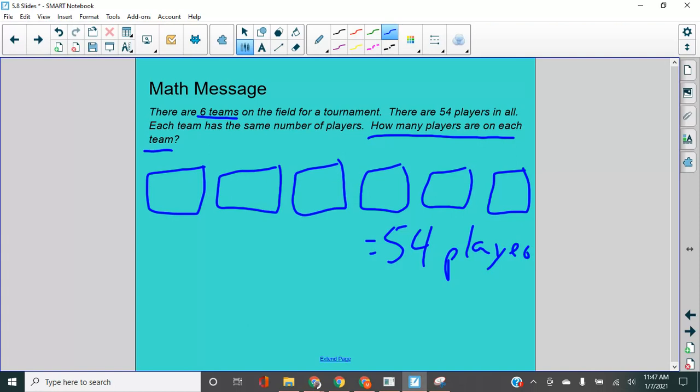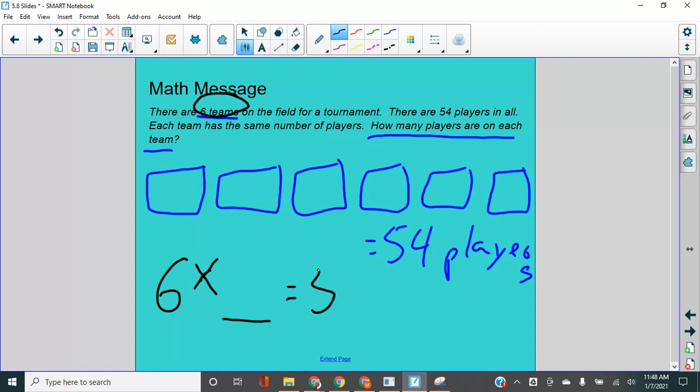Oh, forgot an S here. What could I do or think about to try to figure out how many players are on each team? All right, I could have heard a variety of ideas here, right? Maybe we start dividing up these players onto each team or figuring out what would fit here in order to make this work, right? We are kind of splitting these up, but I want us today to think about this like multiplication, right? I have 6 teams times some amount of players that I don't know